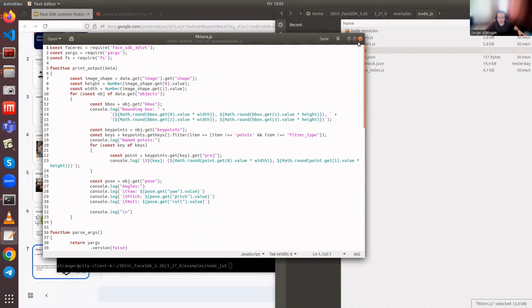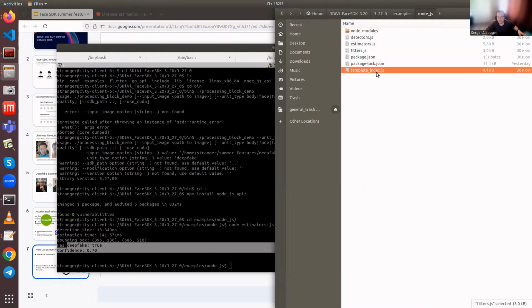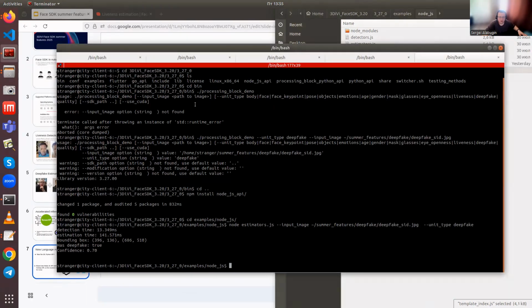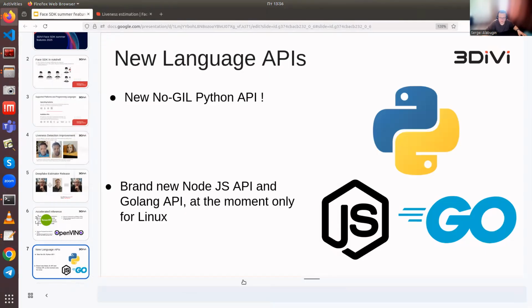There are also all needful source code. Of course, there is a sample for face recognition here, and also our documentation is full of Node.js snippets too. Okay,